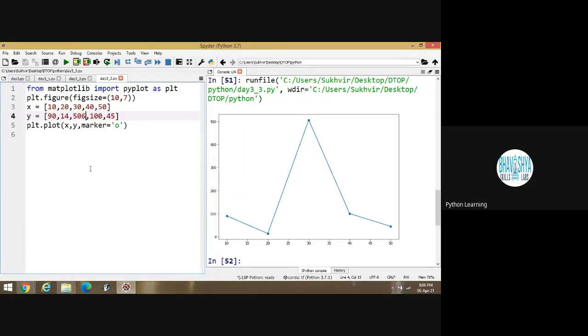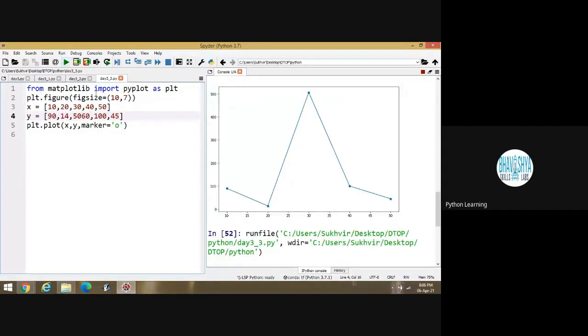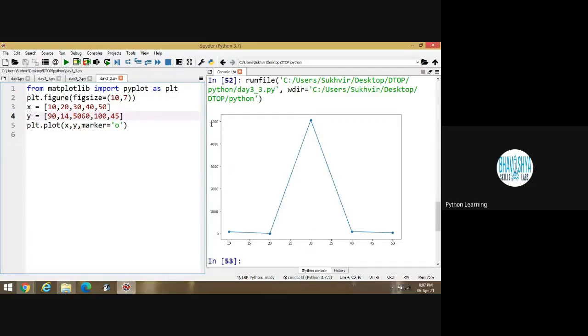If I am writing 5060, then I can increase the value accordingly. Look at this one. It automatically increases the value to 0 to 5000. Is it okay? Yes, sir. So the interval between the gap will be by the compiler side, like 10 and 20 between 15? No, it's not from compiler side. Just a minute.